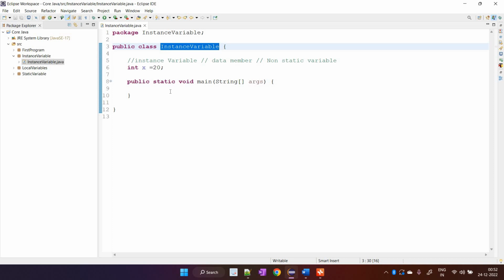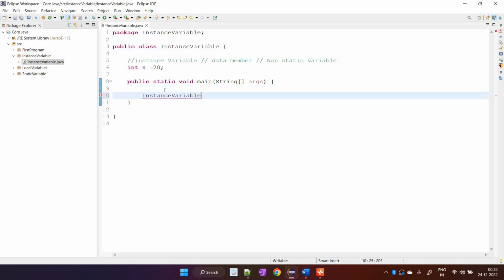So how do we create an object of the whole class? First you will write the name of the class, then any reference variable name, equals to the new keyword or operator with the help of which an object is created. Then you will write the name of the class again, then parenthesis, and then put a semicolon. This is how you create